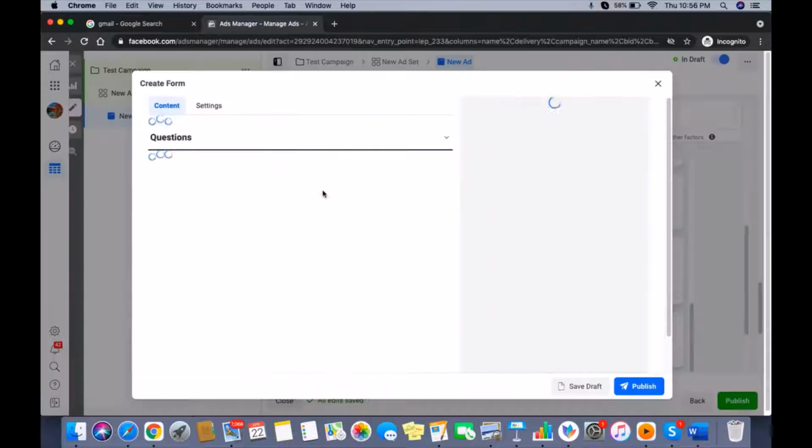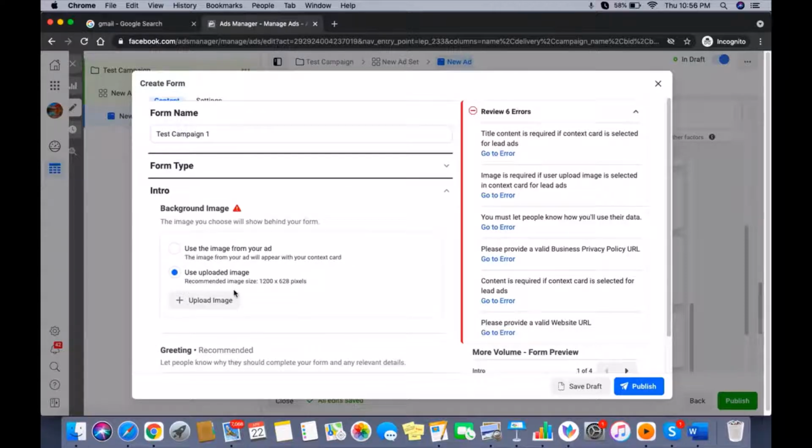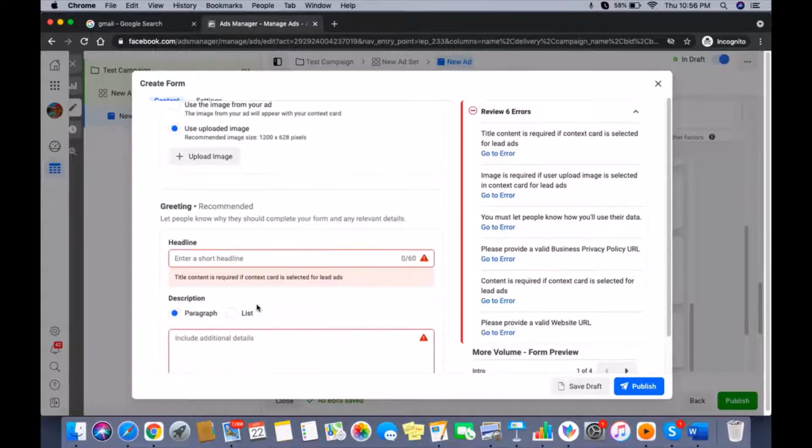So I am going to create a new lead form, test campaign. Ensure that you always remember your form name, because using this form name only we will be doing the entire automation.